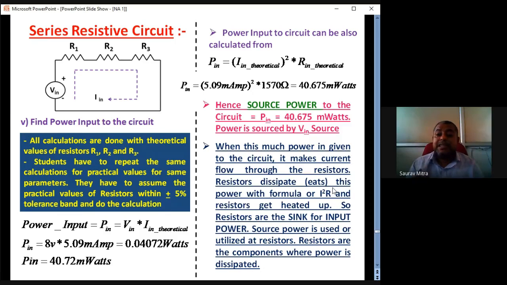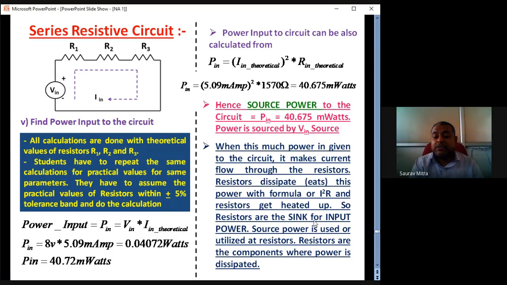Power sinking means power is going inside the battery. So in that case, the direction of current will be towards the V in. And what is power sourcing? Power sourcing means current going out from the positive end of the battery. So when this much power is given to the circuit, it makes the current flow through the resistor. Resistor dissipates this power with the formula of I square R, and the resistor gets heated up because it does some work. So resistors are the sink